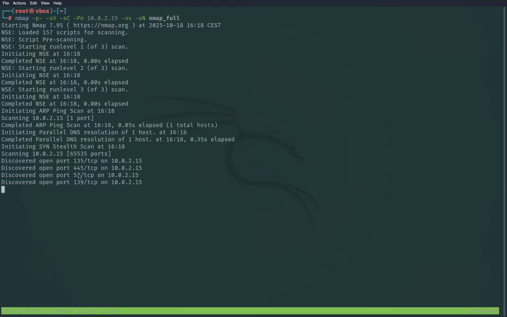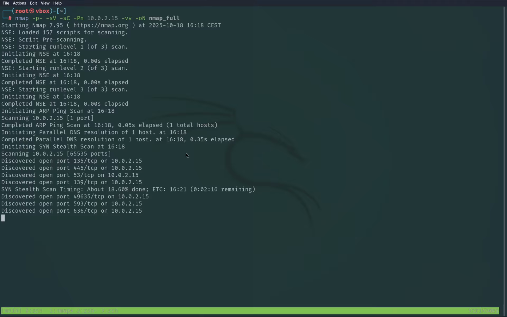So I'm gonna start from port 53, which is DNS. First of all, what does DNS mean? DNS means the Domain Name System. In Active Directory, DNS is absolutely critical, and without it almost nothing works. It's responsible for resolving host names to IP addresses, but also much more. For instance, if you have an IP and you want to reach a specific device by its name, you need to use the DNS. And as attackers, we use DNS to discover domain controllers, subdomains, even attempt zone transfers,